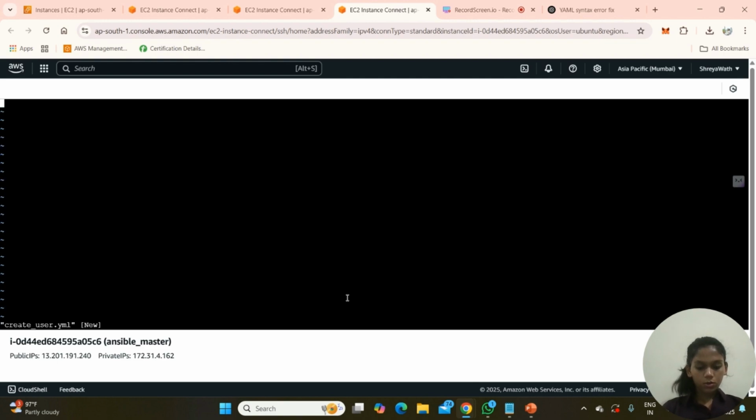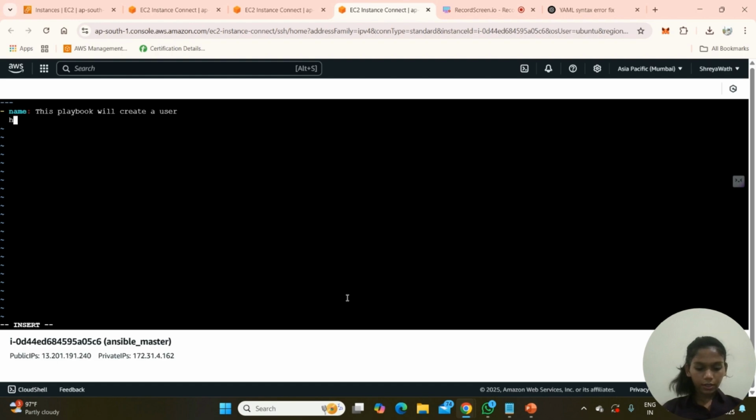So first three dashes on the top, then enter. Then we have to give the name, that is, the purpose of the playbook. This playbook will create a user.